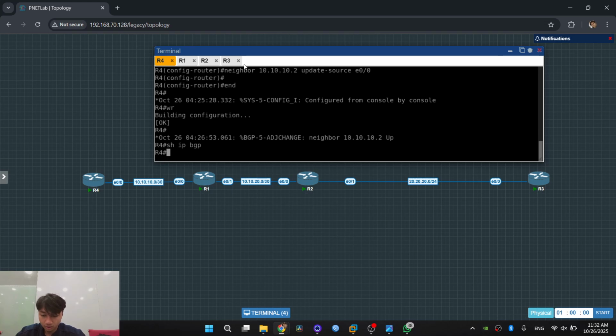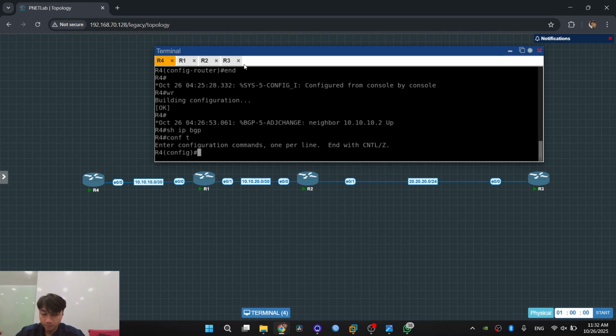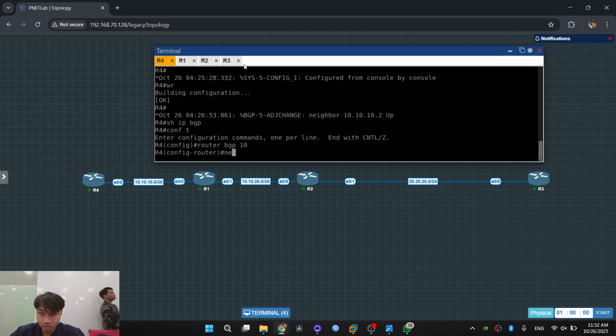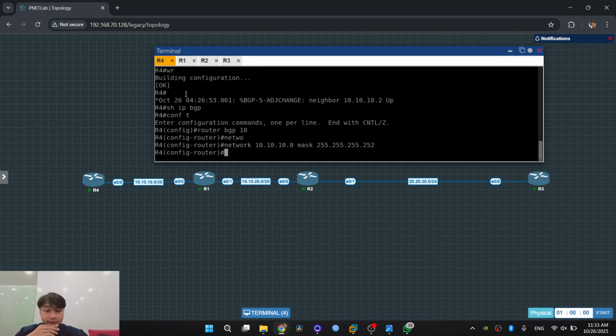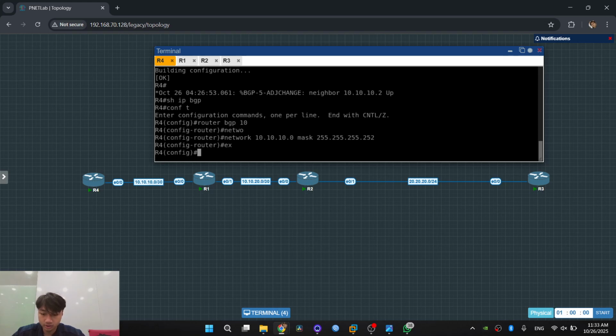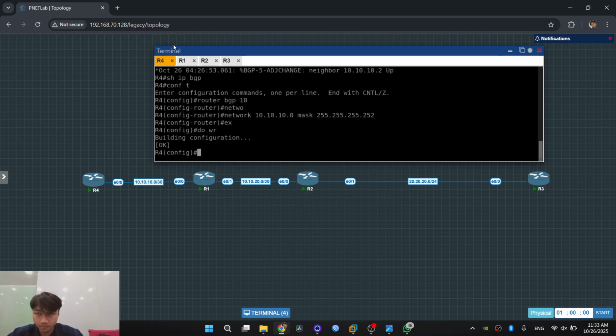First we can conf t and then router BGP 10 and then network. We input this network and we set the subnet mask. Enter and X, right, do right.